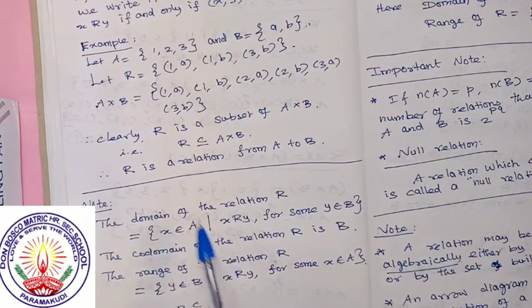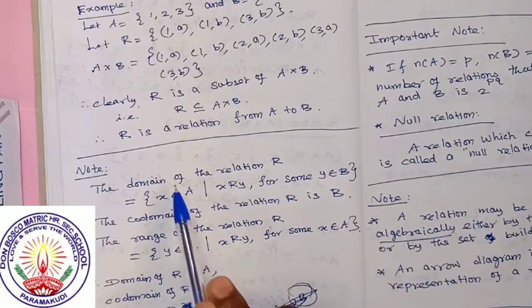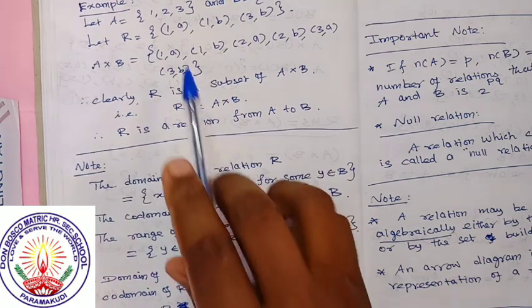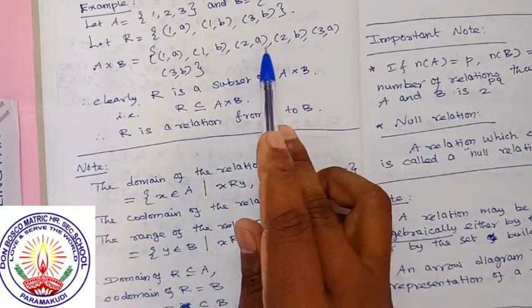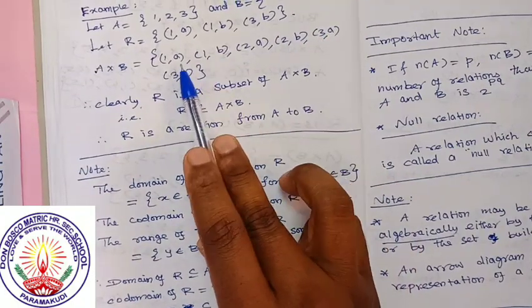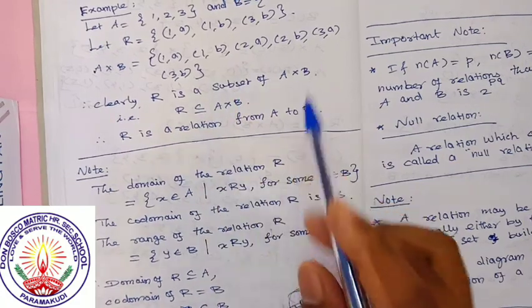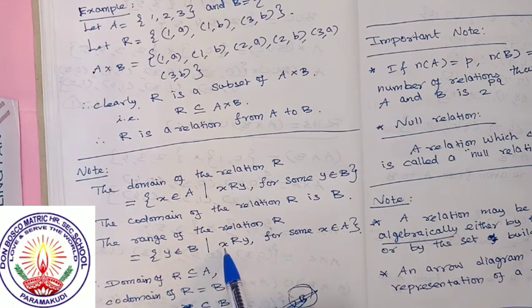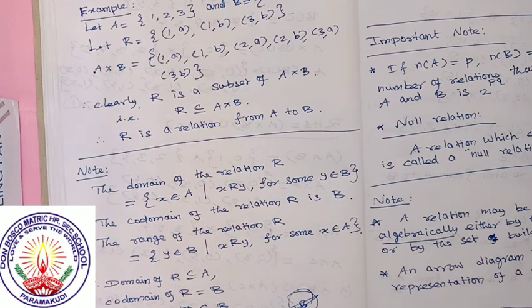The next one, the range of the relation. What is the range of the relation? Like domain, it is the second coordinate such that x is related to y. See in this example, 1A, 1B, 2A, 2B, 3A. A and B are the second coordinates. The set of all second coordinates is the range. Therefore, range is the second coordinates belonging to the codomain such that x is related to y. The element should be in the relation. We will discuss some more examples later. Some elements will not be there.